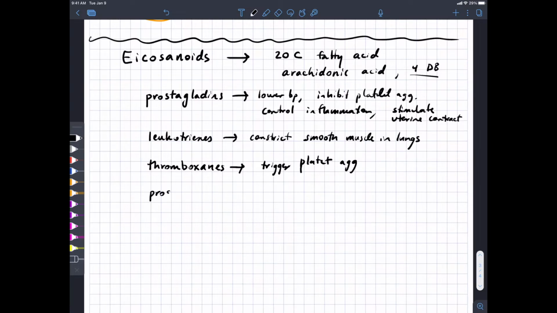And then there's a last class called prostacyclins, and these dilate blood vessels and also inhibit platelet aggregation. Why this dual role in this class of molecules, both promoting and inhibiting platelet aggregation? Well, it's a delicate balance. You want to prevent blood clotting for the most part, except for when you don't, right? If blood is leaking out of you, you want some blood clotting. But in general, if it's not, you don't want any blood clotting. And so this is the delicate balance